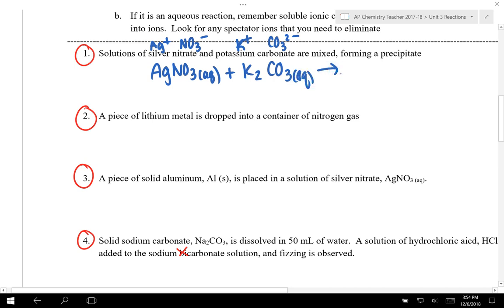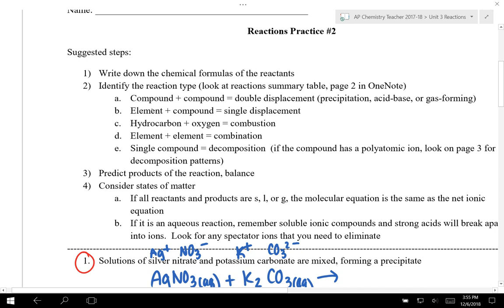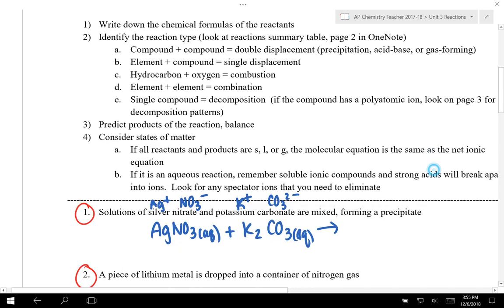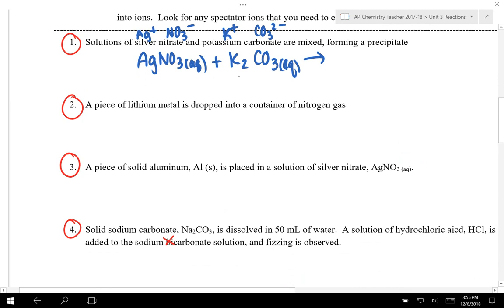aqueous right there. And this looks like a double displacement reaction. So what you want to do is refer back to your page 2, the reaction summary table, to look at the various reaction patterns to know. If it's a compound plus a compound, that's a double displacement type pattern, and we know we either form a solid, water, or a gas. So what happens is your metals switch places with each other. So the potassium is now going to be with the nitrate, and the silver is going to pair up with